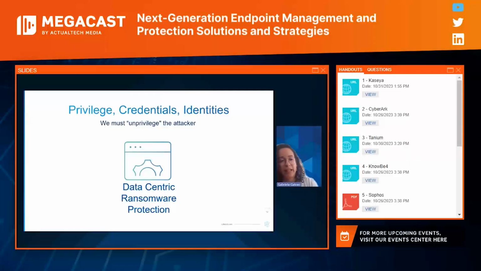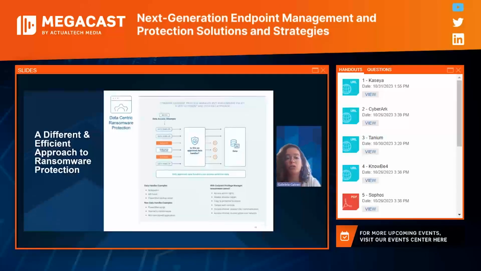And most of you are probably thinking, so many vendors have so many ways of protecting against ransomware. And it's true, because ransomware is so dynamic that we have to be always one step ahead of it. And how we offer ransomware protection has a unique angle. It focuses on the attacker's ultimate goal, which is data. It ensures that even if the ransomware is successfully delivered and is able to be executed on the endpoint, it cannot touch the data. CyberArk EPM understands the processes behind the data handlers that are trying to access the data. And if it matches the security postures previously established, okay, we allow it to access our precious data.